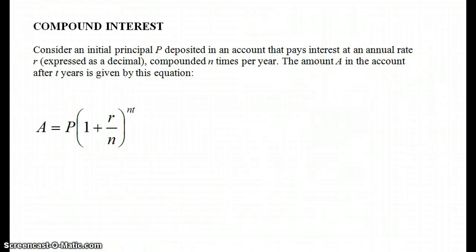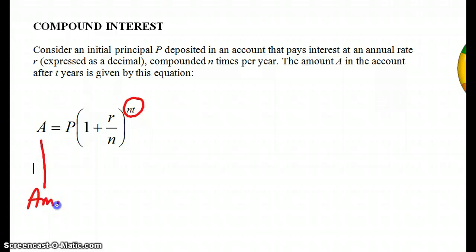Another place that we see exponential growth problems is with money. That's a little bit more exciting. The formula is a little bit more complicated, but you can see it's an exponential equation again because the variables are in the exponent. So this is a formula that you'll need to know how to use and what each one of these variables stand for. So A